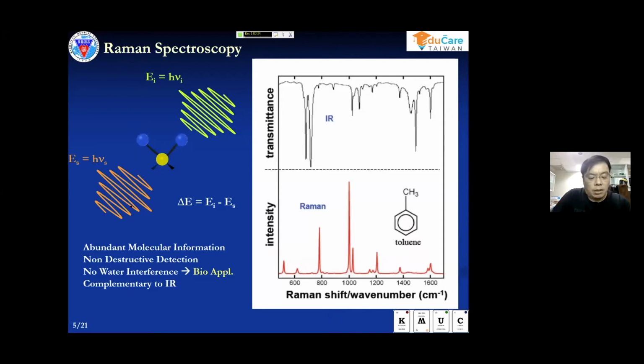show a scattering effect, mostly Rayleigh scattering, but a very small percentage, let's say less than 1% of light, shows Raman scattering. So Raman scattering is actually an inelastic scattering effect, whereas Rayleigh scattering, as I just mentioned, is an elastic scattering. With inelastic scattering, when we compare the incident radiation energy and the scattered